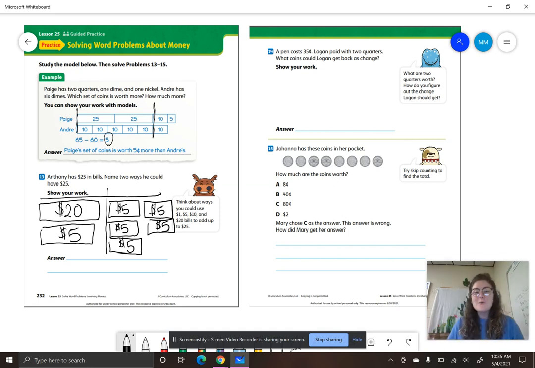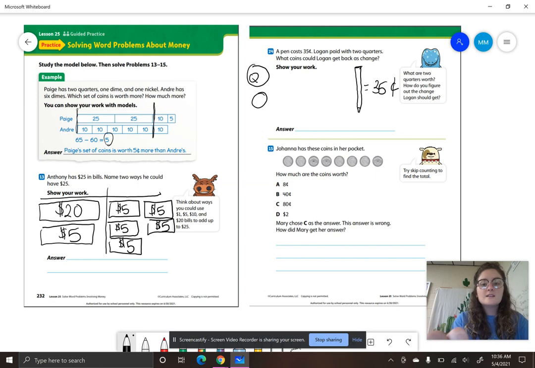All right, let's go on to 14. It says a pen costs 35 cents. Logan paid with 2 quarters. What coins could Logan get back as change? So I'm going to draw a picture of a pen. There's my pen. And we know that a pen equals 35 cents. Logan paid with 2 quarters. Now, a quarter is worth how